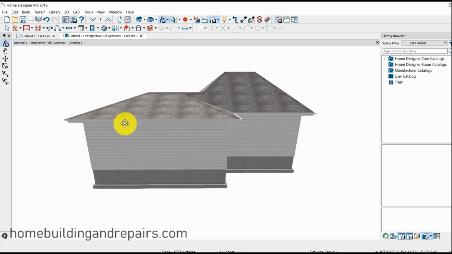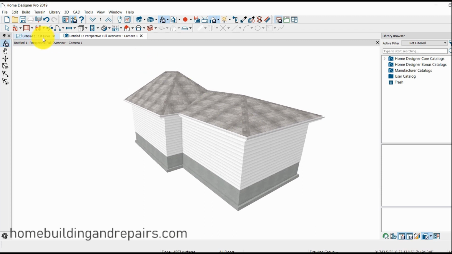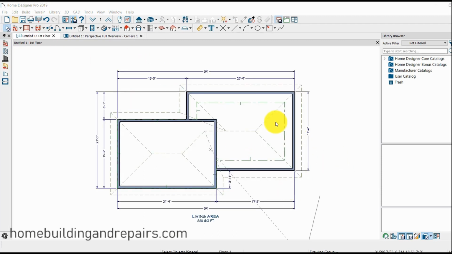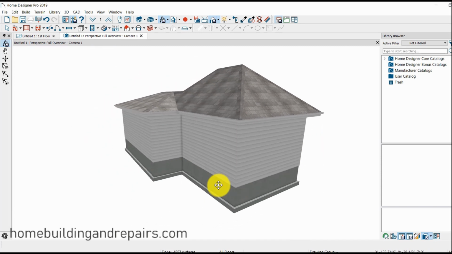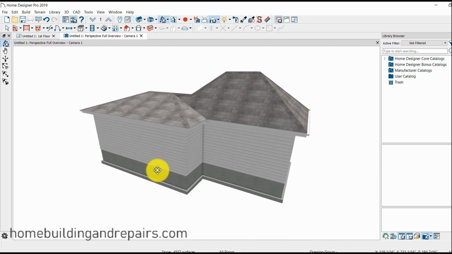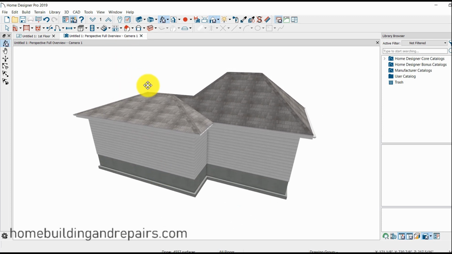So I'm going to throw out some different ideas throughout these videos and through the entire series. So with that said, I am going to end this video here right now. And in the next video series, I will talk about some of the different roof styles that is also available in the Home Designer Professional and Architectural